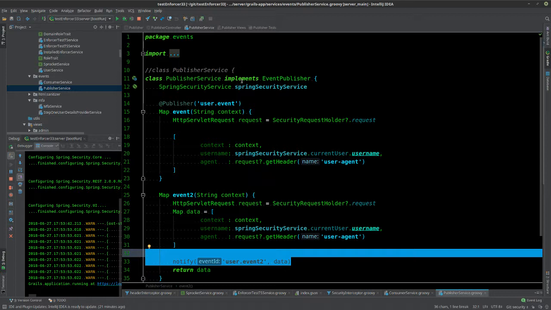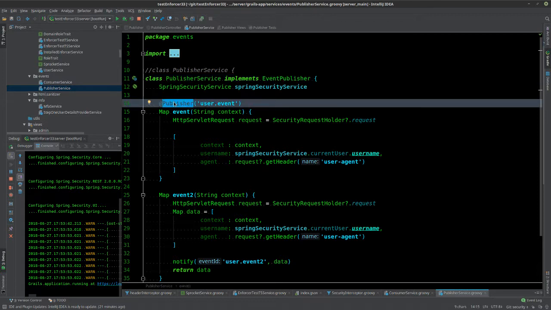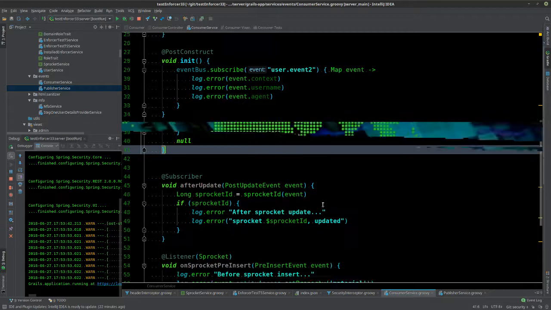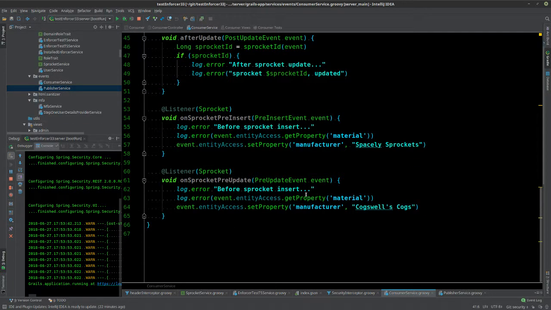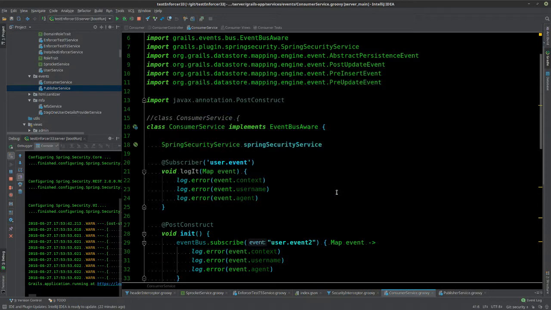Now you have to implement the event publisher trait to get this back in there, because they went with the annotation route instead as the default. But you can add this particular trait and do notify this way, and then in your consumer, I have, let's see. Oh wait a minute, those are different. Where is it?